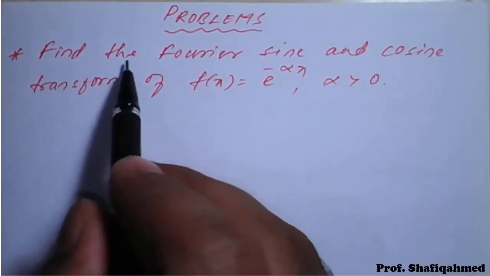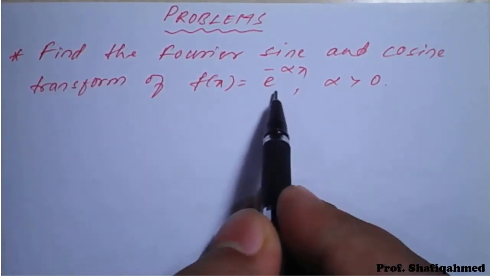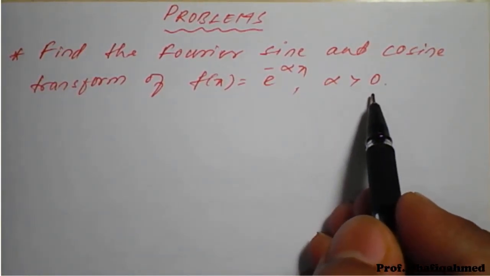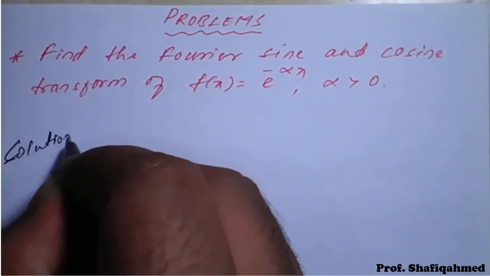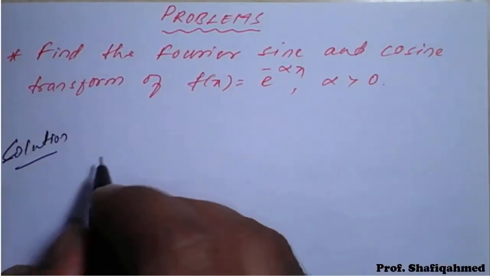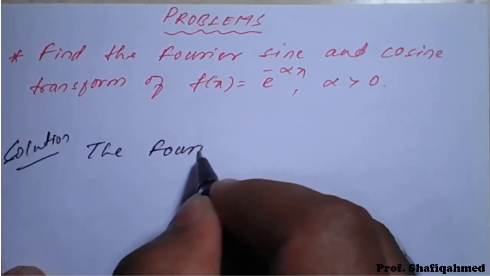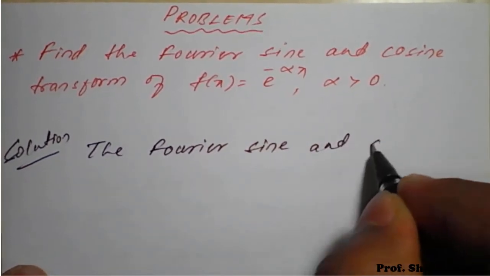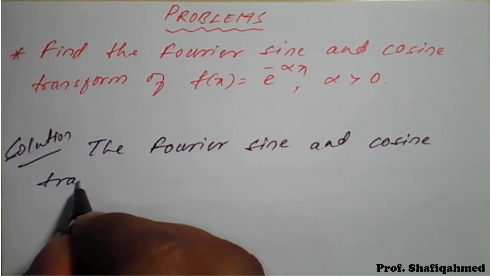The problem is find the Fourier sine and cosine transform of f of x is equal to e raised to minus alpha x, where alpha is positive, that is greater than 0. Solution. So we need to find the Fourier sine and cosine transform, which is given by